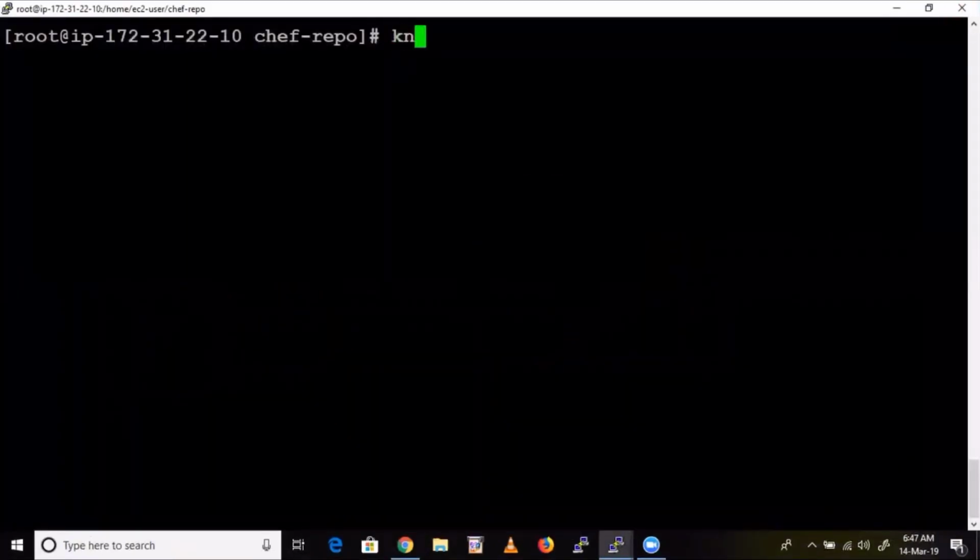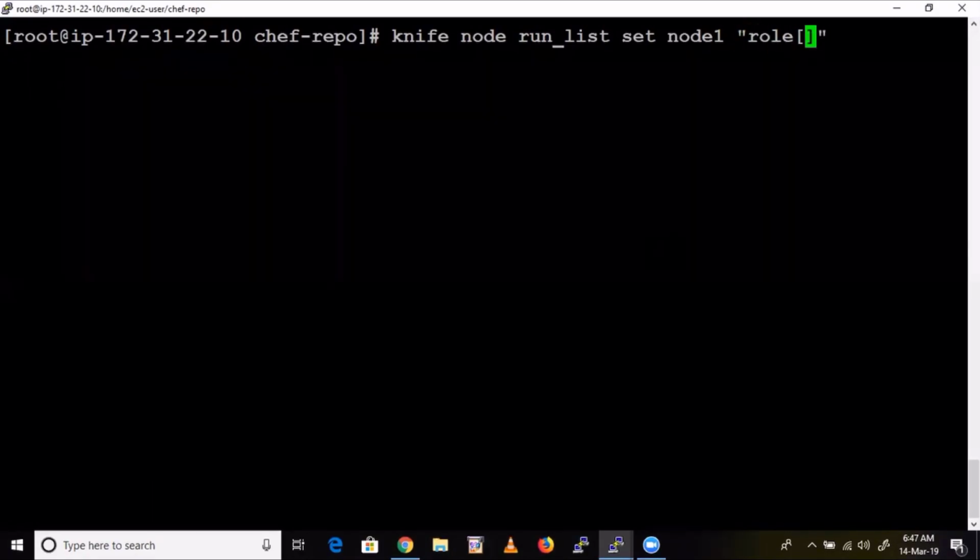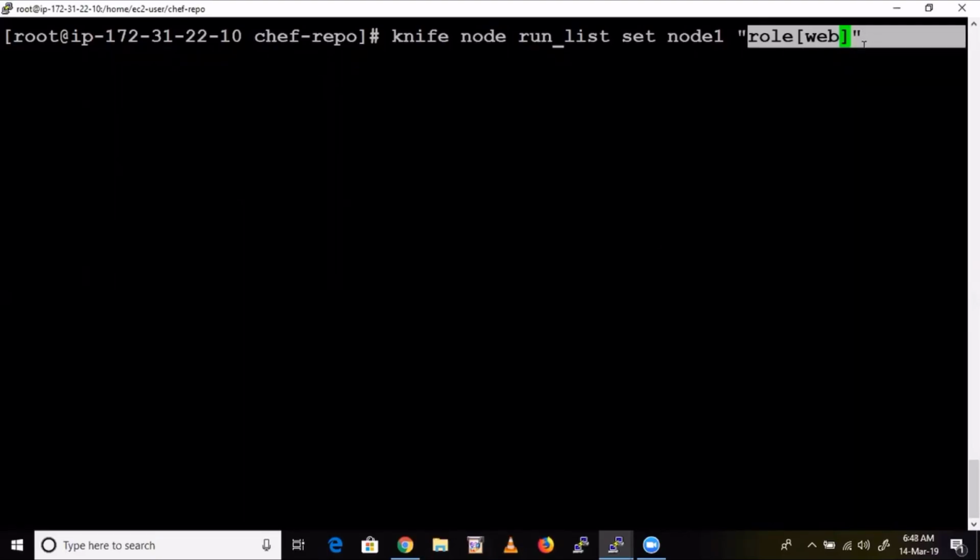So the command is knife node run_list set, node name. What is my node name? Node 1. And which role do you want to attach? Role here. Same, run this command, guys. Instead of cookbook, we are mentioning role here. That's knife node run_list set node 1, and the role name.